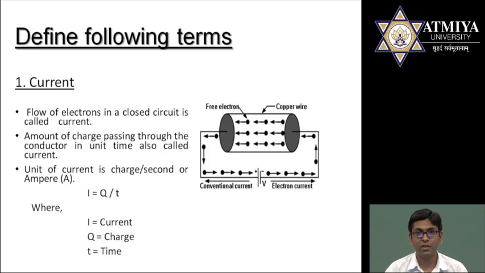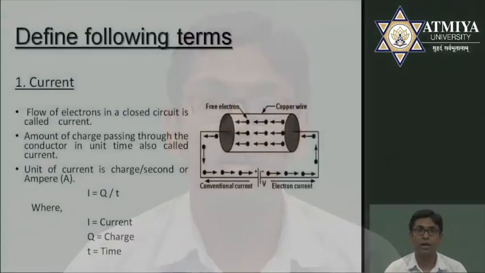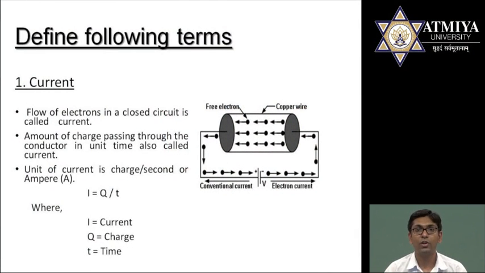The very first definition is of current. Current is flow of electrons only. There are actually two kinds of charges. One is positive and another one is negative. So electrons have negative charge. Now there are two kinds of currents. One is electron current and another one is conventional current. Both are in opposite direction to each other. And if I see the equation, then it is I is equal to Q by T, where I is current, Q is charge and T is time.